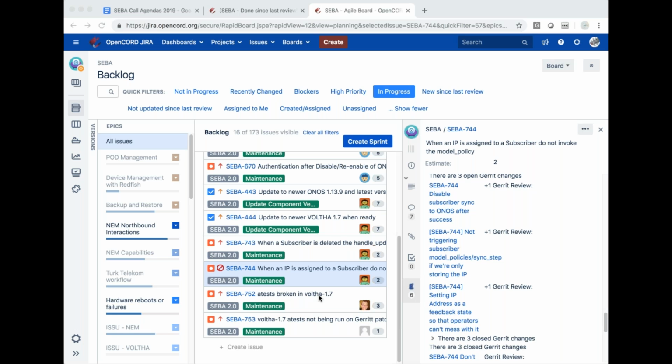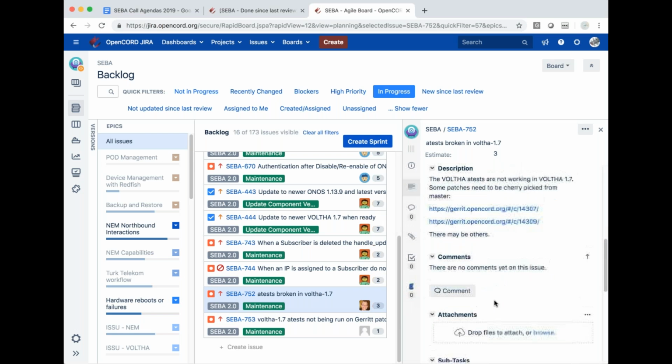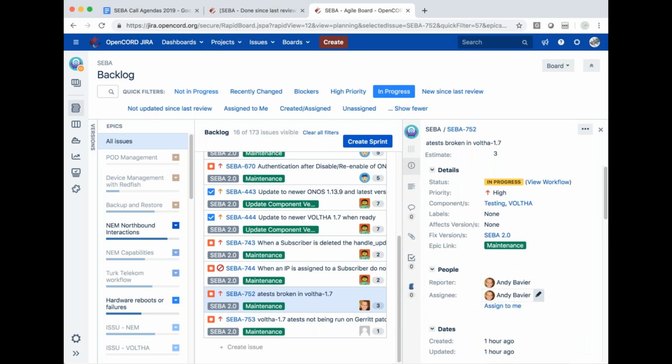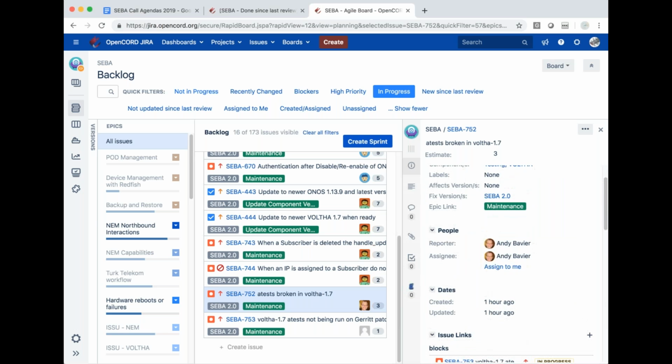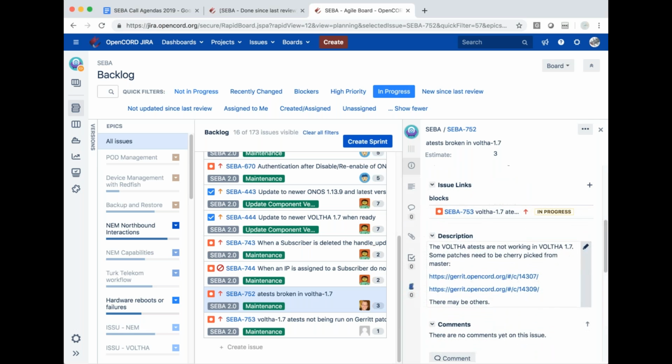Moving on, 752, a test broken in Volta 1.7. So the Volta 1.7 branch is what's going to go into the SEBA 2.0 release. Currently, the tests on that branch don't run. I think Kailash was going to pick this one up and see if he could figure out what needs to be cherry picked from master, where they do work, into the 1.7 branch.